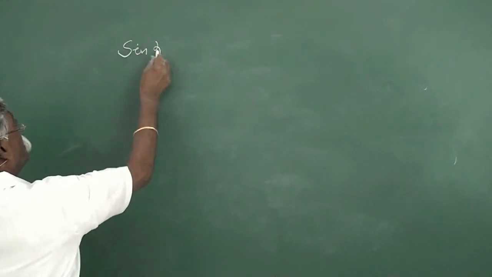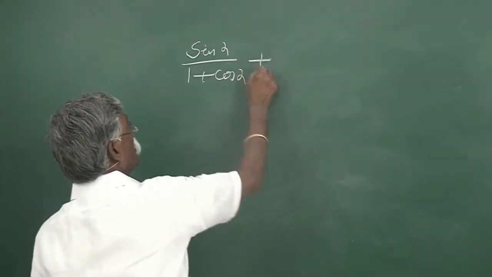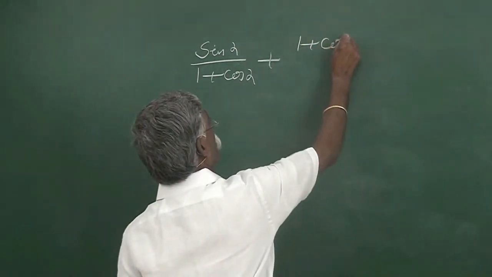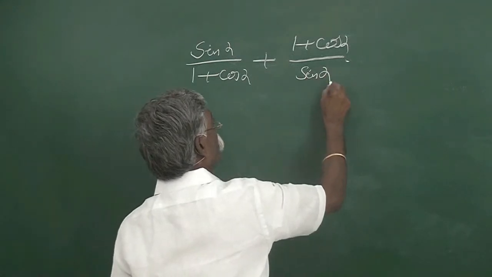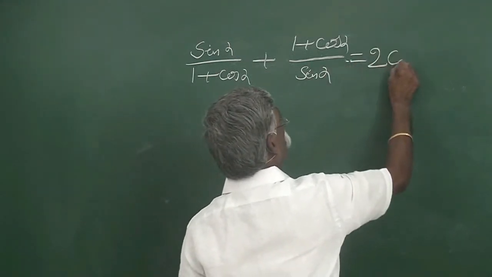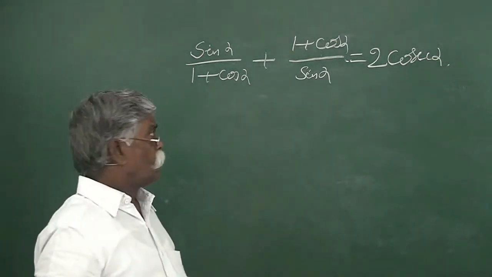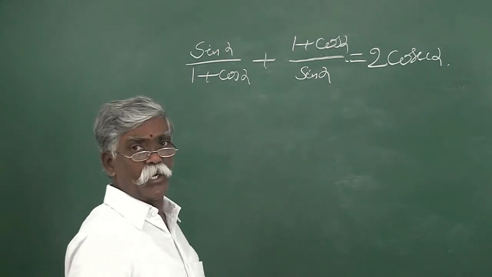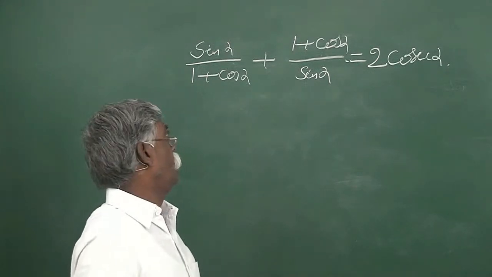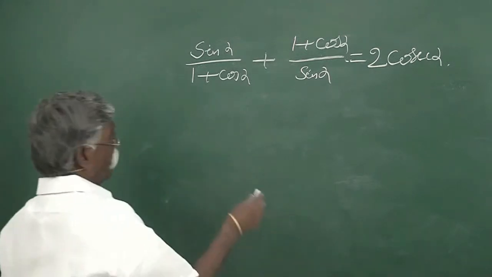Sin alpha by 1 plus cos alpha plus 1 plus cos alpha by sin alpha is equal to 2 cosecant alpha. So once again, this is also the same type, not relating to any algebraic formula, but the LCM model. Therefore,